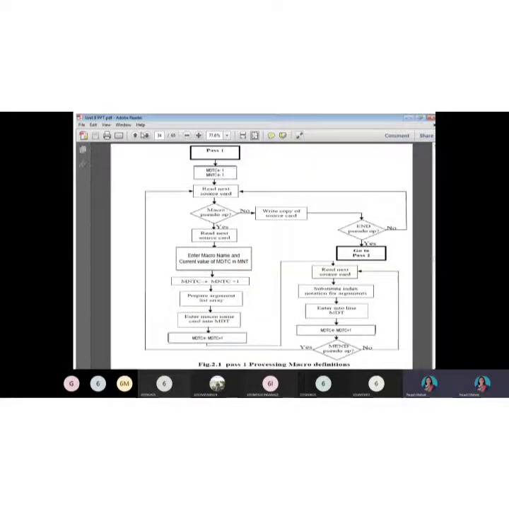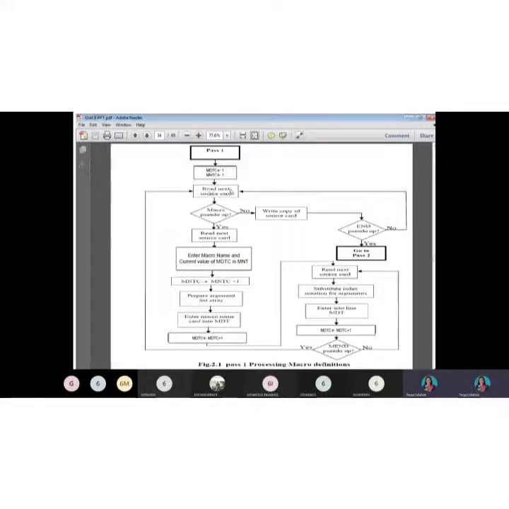So you can also see this flowchart of pass 1. Keeping this flowchart in front of you, now please have a look. We have pass 1. What is the next step? We set MDTC and MNTC, that is the counter values, to 1 and 1.